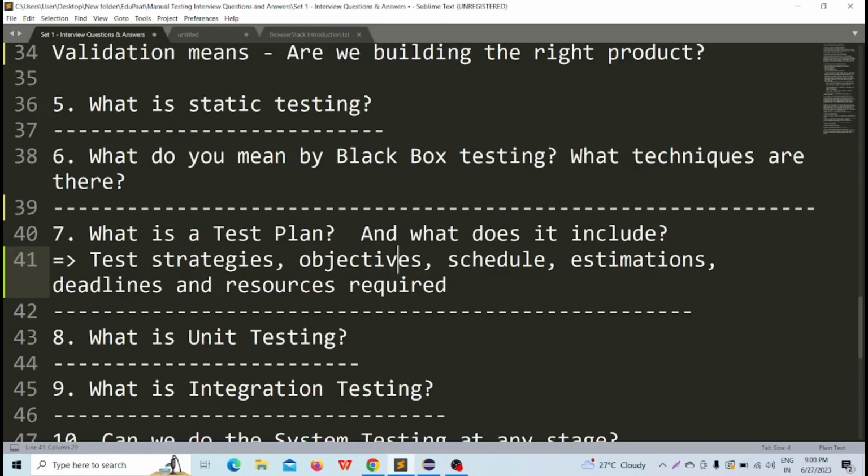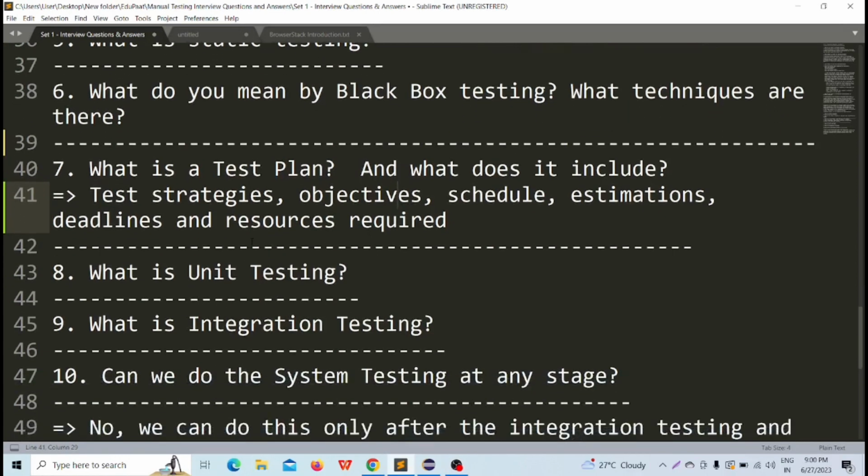Now the next question is, what is unit testing? Question number 8. Unit testing is basically a software testing type where we are testing some individual unit